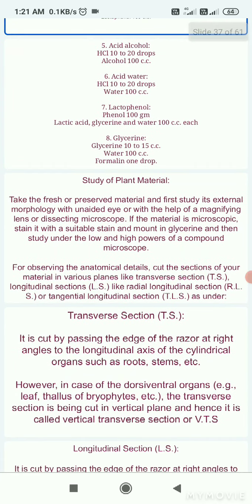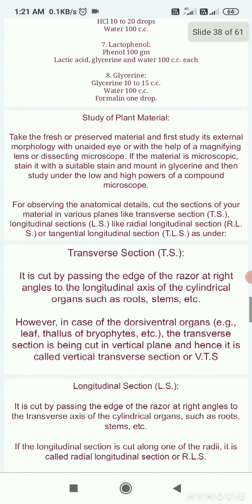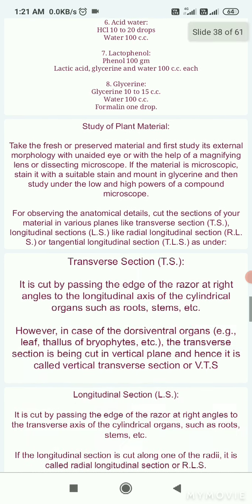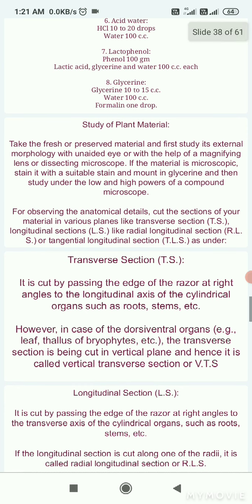We are making permanent slides not only of algae, but we have to make permanent slides of many more higher taxa like bryophyte, pteridophyte, gymnosperm, angiosperm. All these plants, we have to study their internal parts or anatomy. For that purpose,